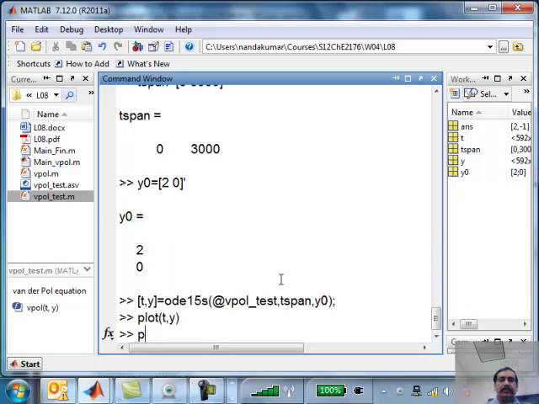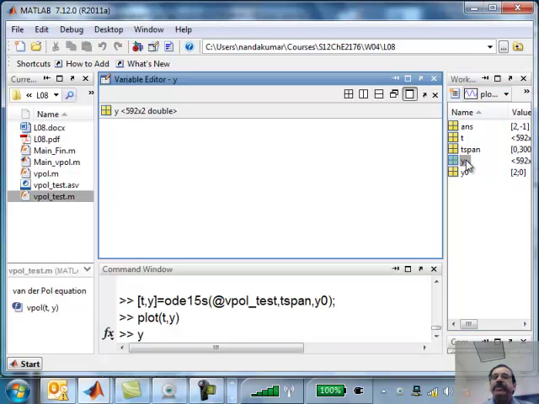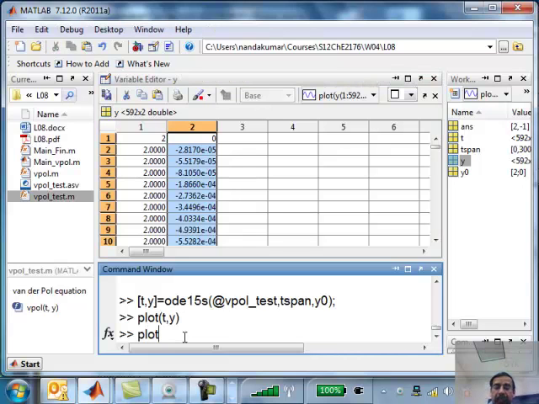Let's print that out. Or you can look here. There it is, it's 592 by 2. So here is my first column, and here is my second column. And I'm going to plot these two. So I plot Y colon comma, T comma Y colon comma 1.